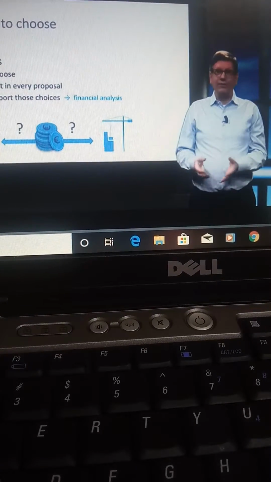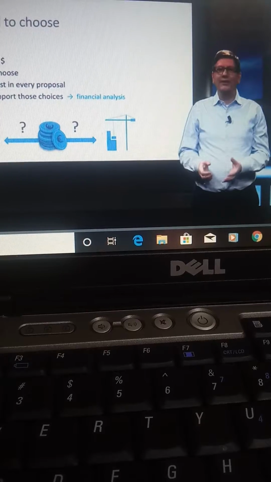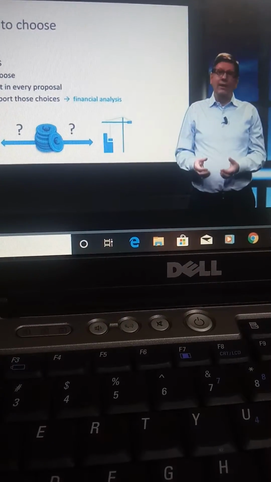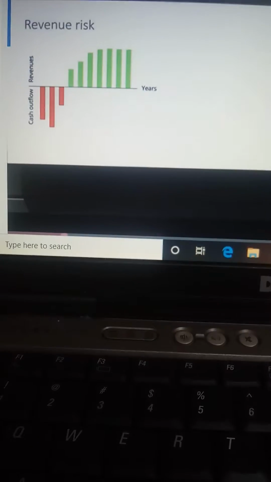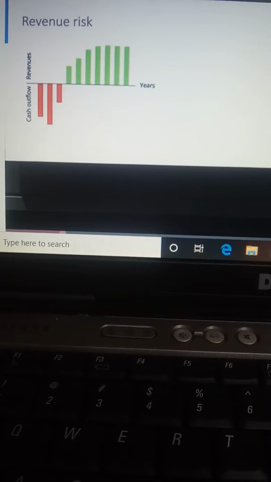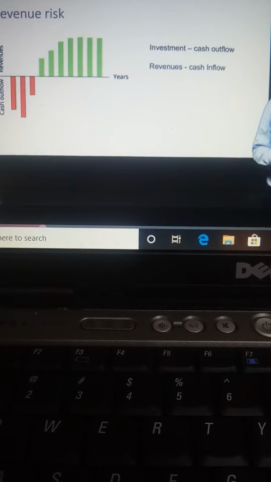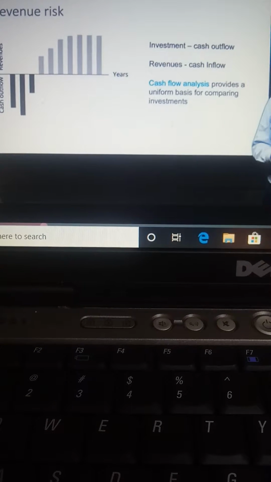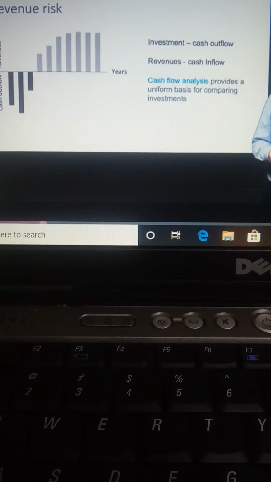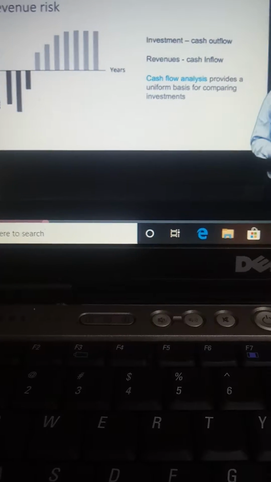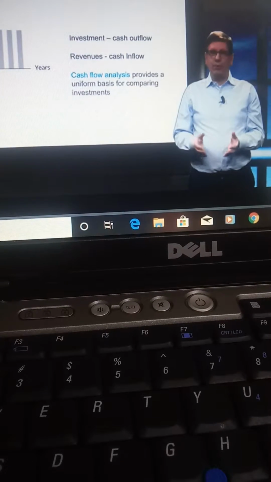There is exactly such a system, and it's called financial analysis. It's what investors and lenders apply, and it makes use of the fact that all investment proposals require cash flows to invest, and then they generate cash inflows when they start to operate. These cash flows give a uniform, objective and measurable criterion to apply to all investment proposals.